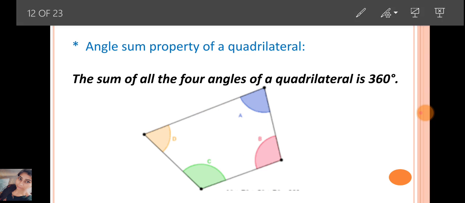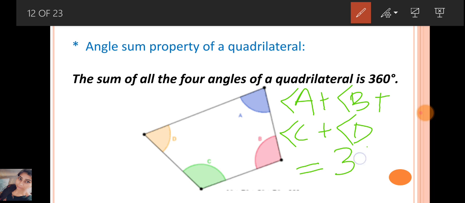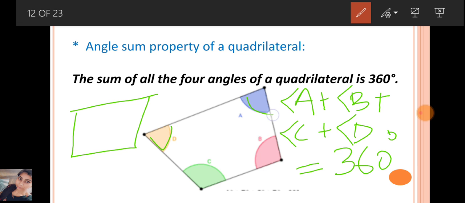So when you add angle A plus angle B plus angle C plus angle D, the sum of all four will always be equal to 360 degrees only. If you take any shape of quadrilateral and find the sum of all the four angles, you will always get 360